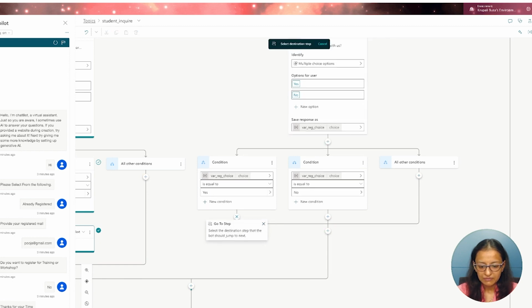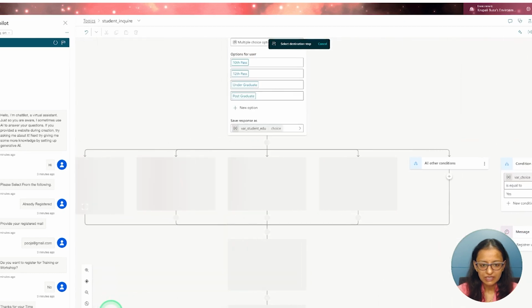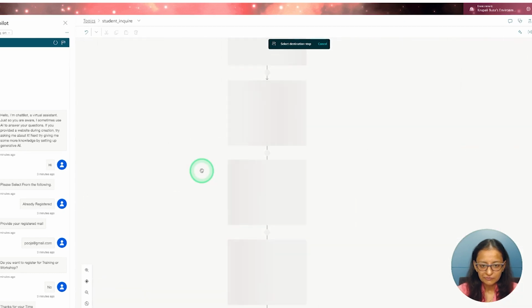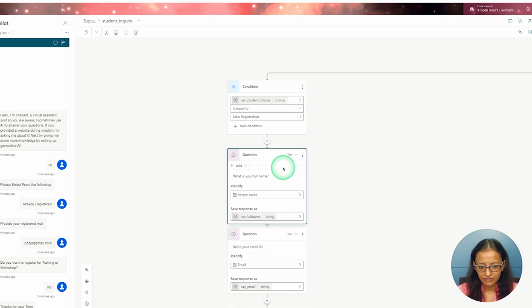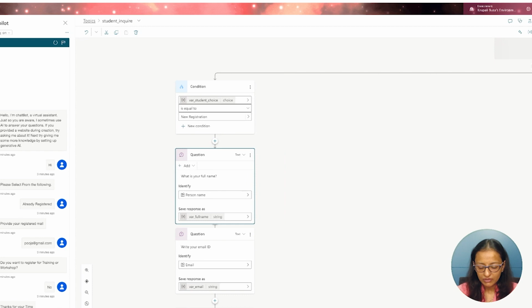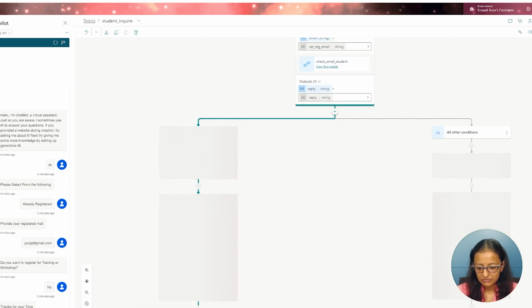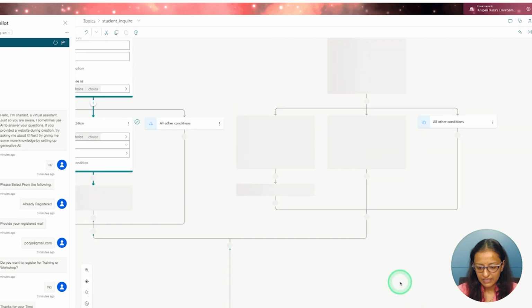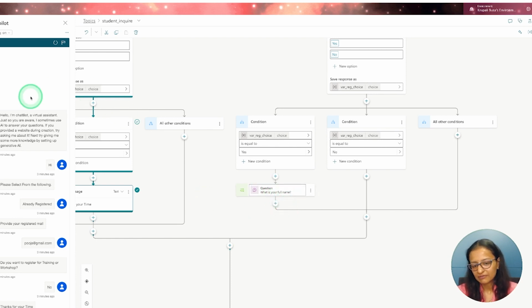So which step it will go to, select the destination step that the bot should jump to next. So here I am selecting the step that is what's your full name. Okay, so my bot will jump to that. I just need to use the mouse to select the step, and if you look into that question, what's your full name, it will go.